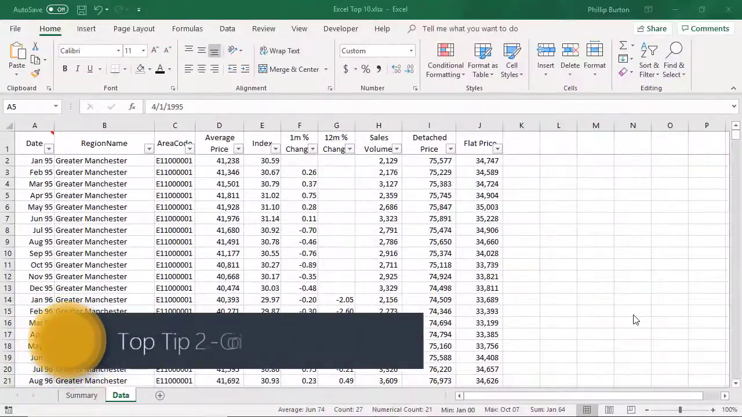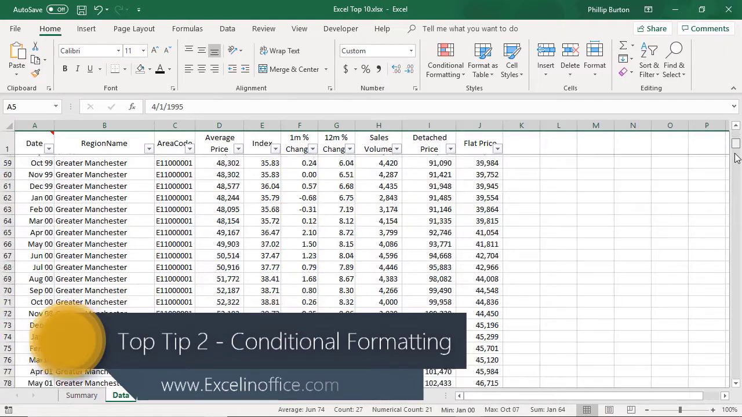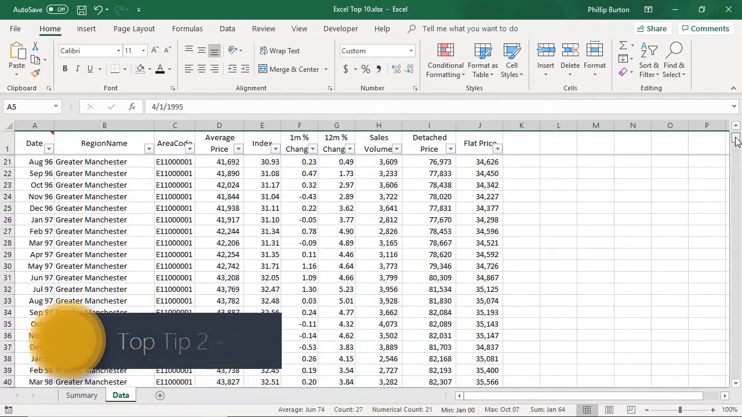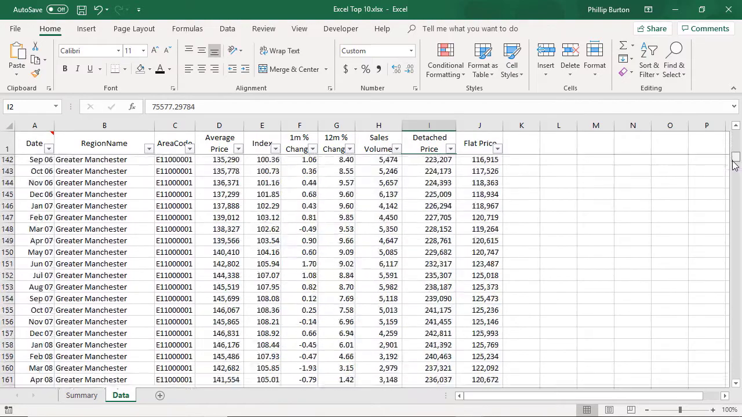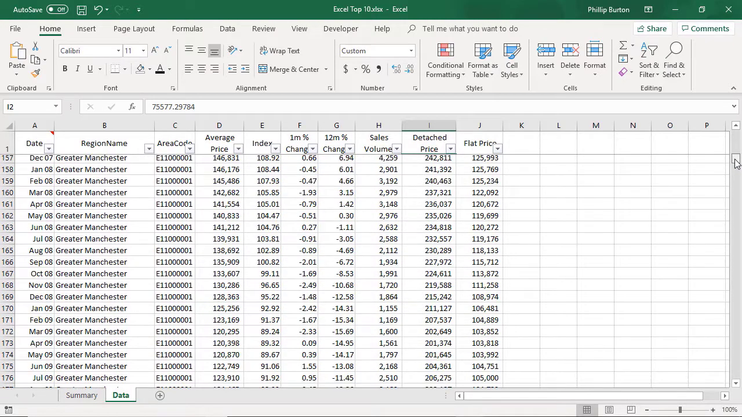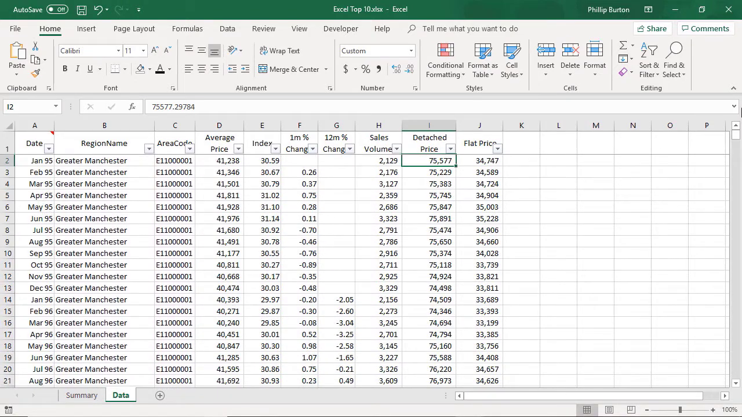Tip number 2 is about conditional formatting. Now, there's a lot of data that we can see, and you can scroll down and sort of make sense of it. The detached price starts at about 75,000, goes up to around 235, dips a bit, goes up a bit. But it's much easier to see some of the important data using colour or bars, or maybe